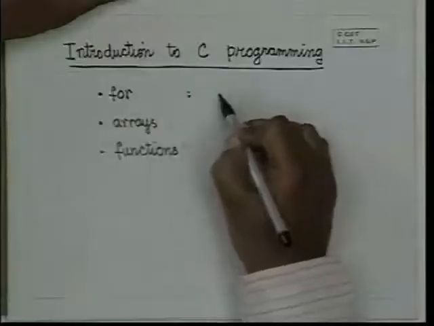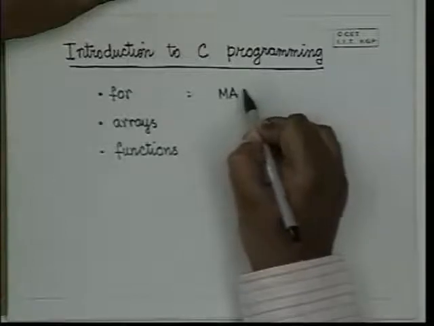We shall continue our study of the C programming language. In the previous lecture we have just seen how to write simple programs to print variables, read variables, write assignment statements, and we have also seen the if-then-else construct. We shall next see the for loop, the looping statement, and for this we will solve the example which I took in the first class, finding out the maximum of n numbers.